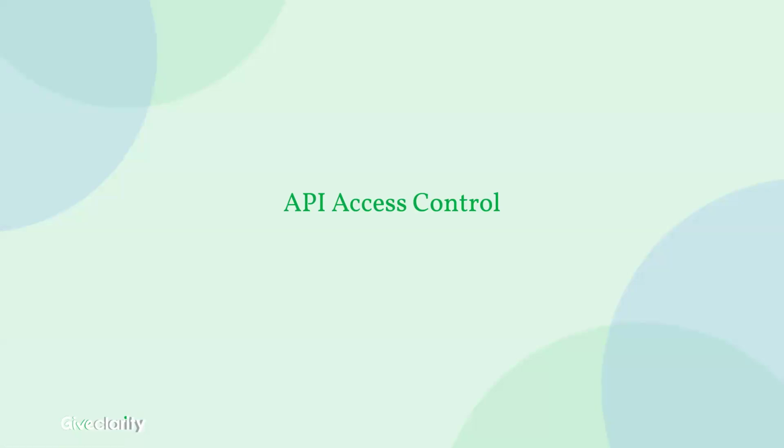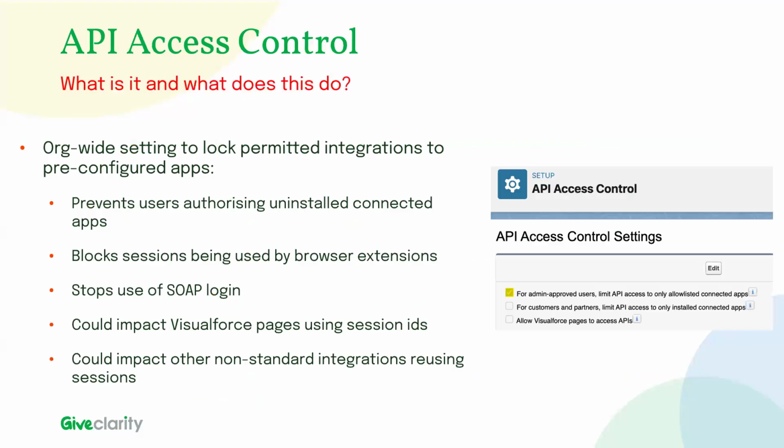Okay. And then I'll do one slide on API access control and then see if we've got any questions just after that. So, very, very high level. I've talked about, I think, all of the things that are relevant to this setting, but it's quite a broad setting. API access control was put in, I think, a few years ago. It predates a lot of the changes that have been happening recently, but it's intended to provide an additional layer of security over integrations than happens out of the box.